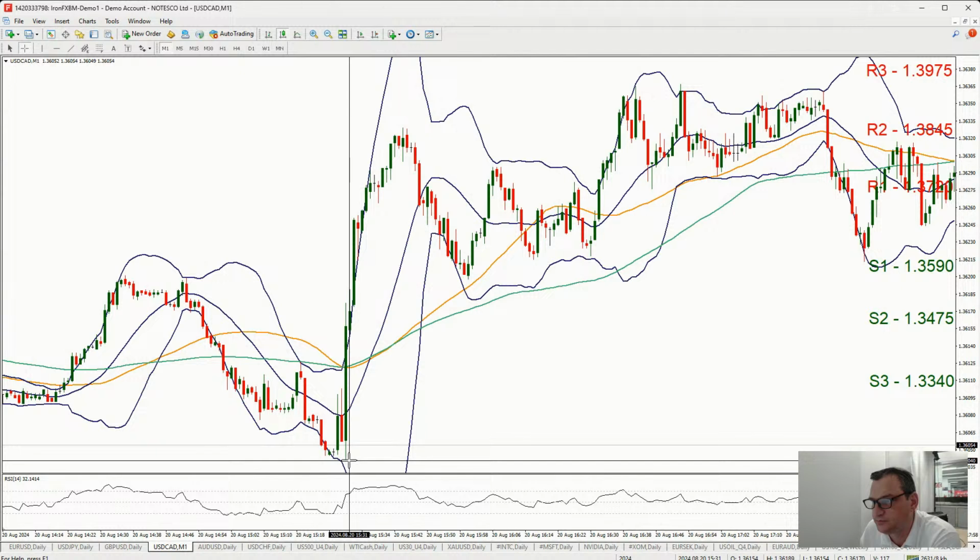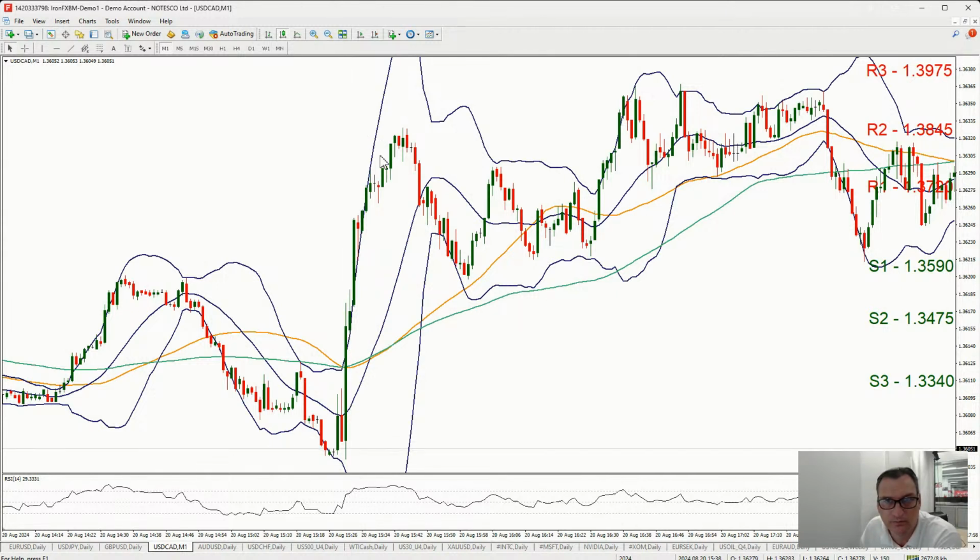implying an easing of inflationary pressures. However, the slowdown was achieved year on year. On a month-on-month level, both rates tended to accelerate, core and headline. But the bearish effect, you can see it right here. You can see how at the time of the release, in the following 10 minutes, USD CAD was able to rise around 29 pips. And that was just by the release of Canada CPI rates.